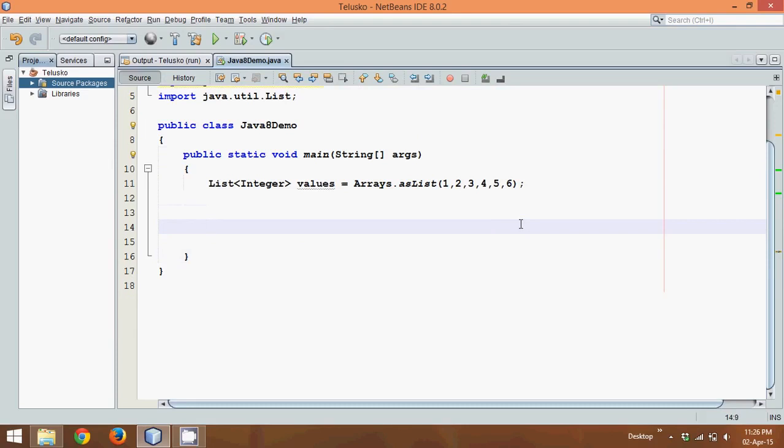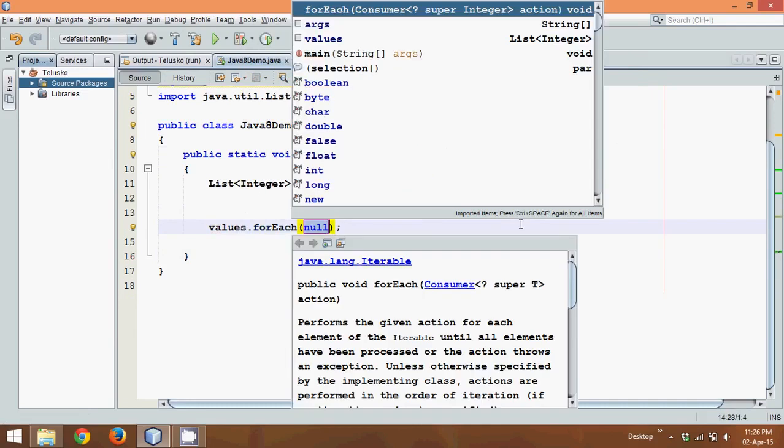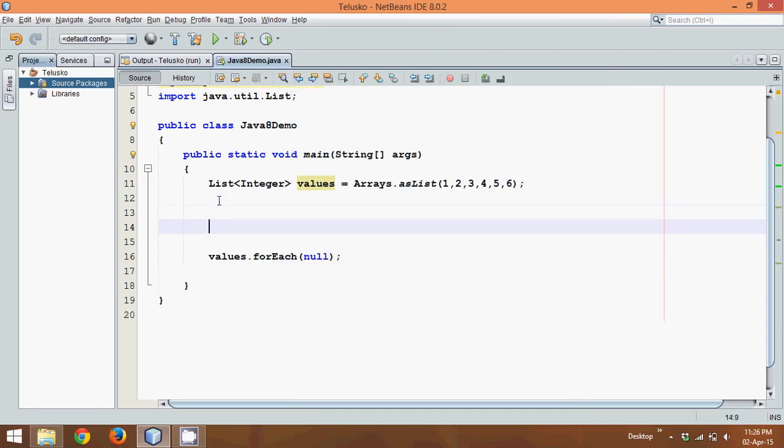We'll type it again. We'll say values dot forEach. Now this forEach accepts a consumer interface object. So that means in order to work with this forEach method, we need to create an object of the consumer interface. So we'll say Consumer. Let's import this package, and you can see the package name is